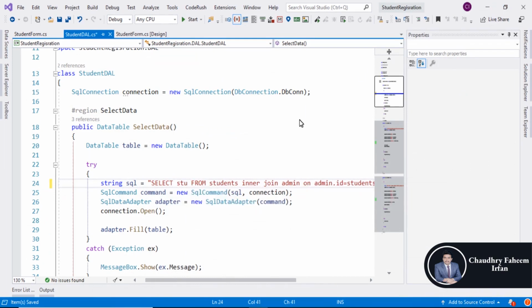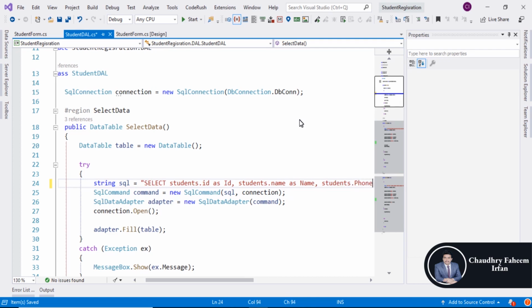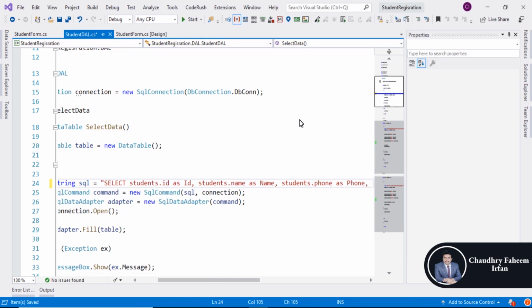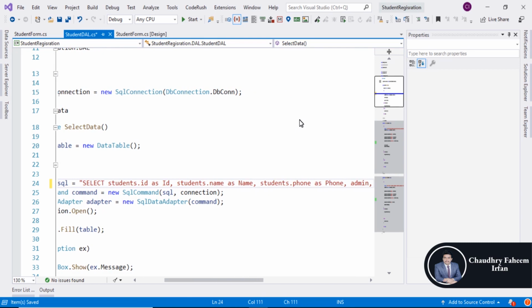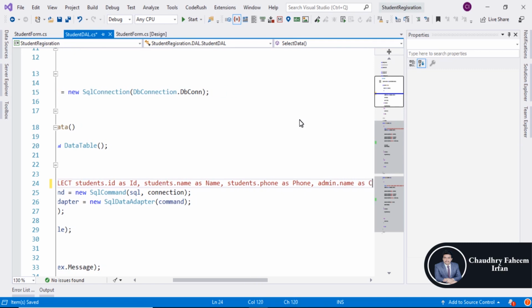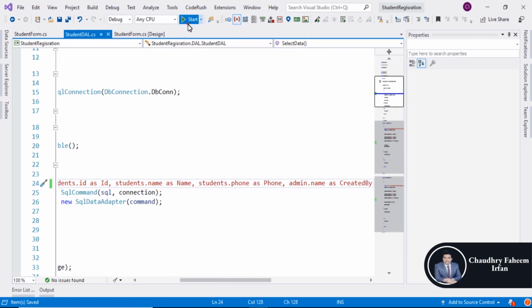So students dot id as id, and here is also students dot name as name, students dot phone as phone, and admin dot name as created by. Run the project,